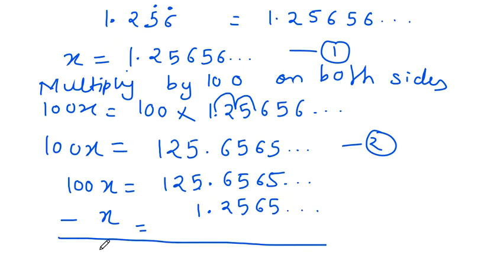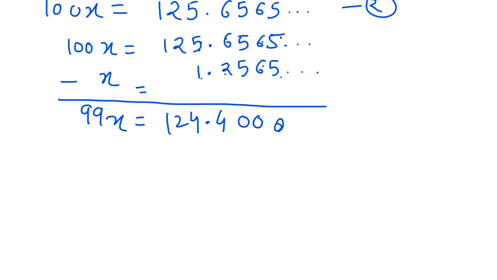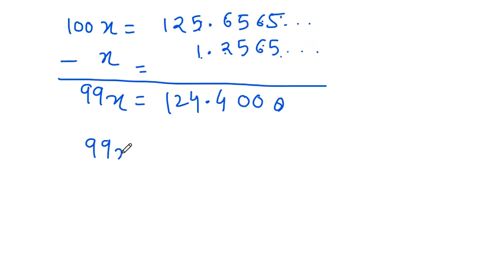Now what is 100x minus x? 99x, which is equal to, now here you know 5 minus 5 is 0. 6 minus 6 is 0. 5 minus 5 is 0. 6 minus 2 is 4. 5 minus 1 is 4. Then comes 2 and 1. So here basically 99x is equal to 124.4. These zeros after the decimal don't have any value. So what is this? x is equal to